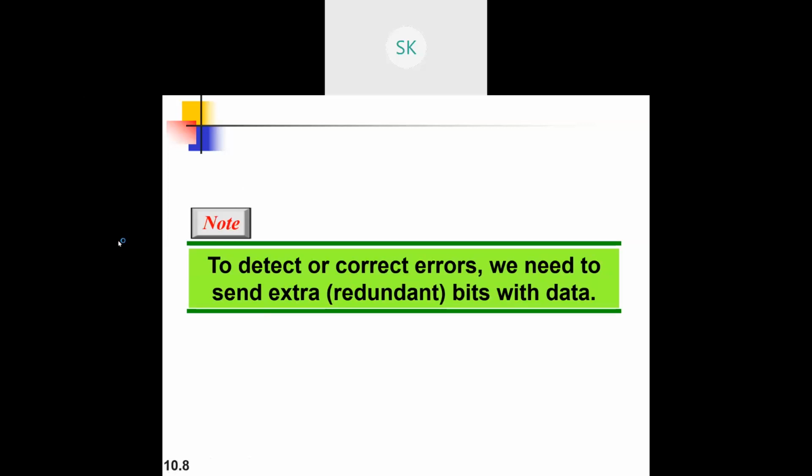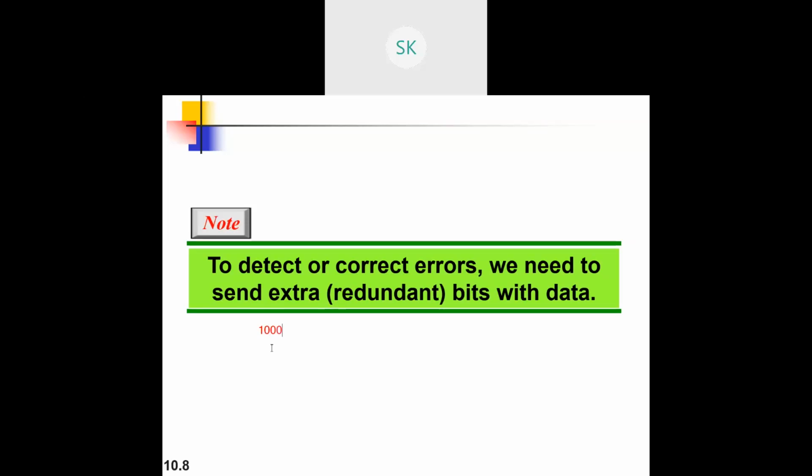Suppose I have data 1000. With respect to this, I'll add one more redundant bit, or three bits; that is up to you. How many bits you want to add, there is no problem at all.